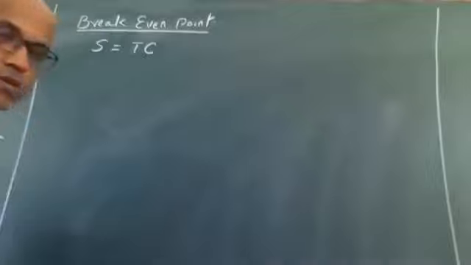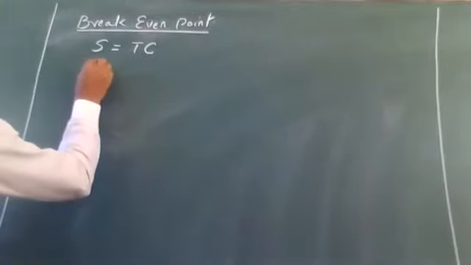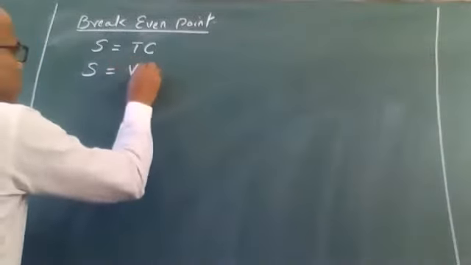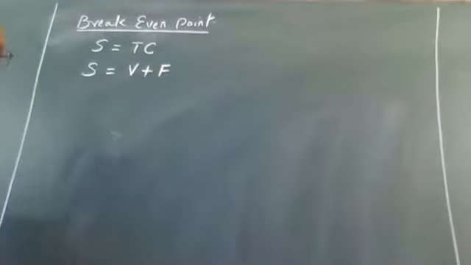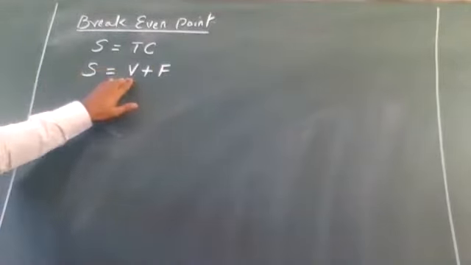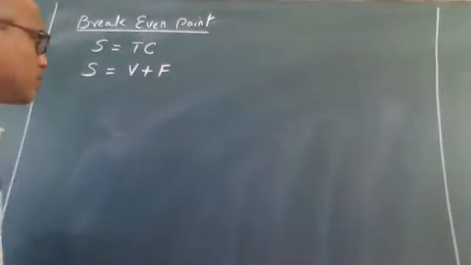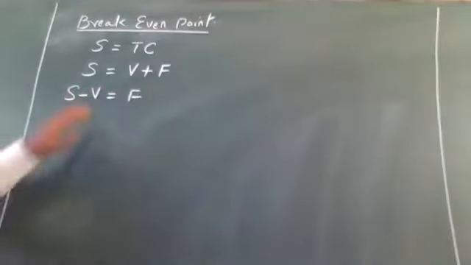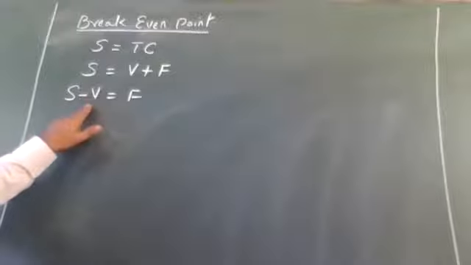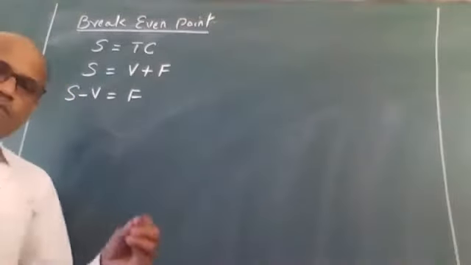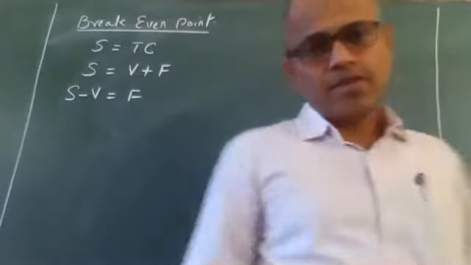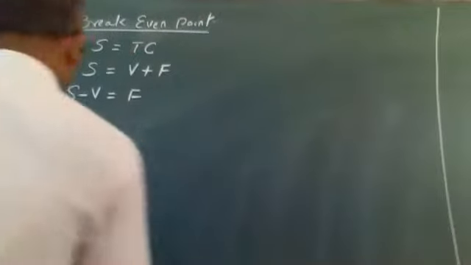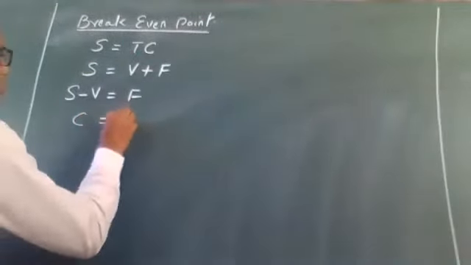Now, if you go back to our marginal costing equation, in marginal costing, total cost is divided into variable cost and fixed cost. So can I say my total sales will be equal to my variable cost plus fixed cost? Yes. Now, if I write it this way, sales minus variable cost is equal to fixed cost, because the plus V going to the other side is minus. So S minus V. Can you tell me what S minus V is also known as? Sales minus variable cost is also known as contribution, total contribution. So, can I write this as my contribution is equal to my fixed cost?